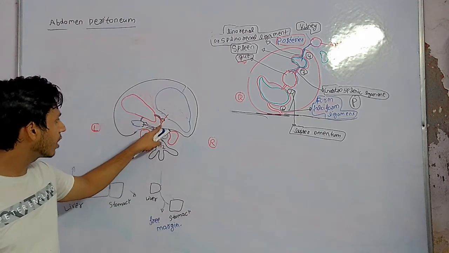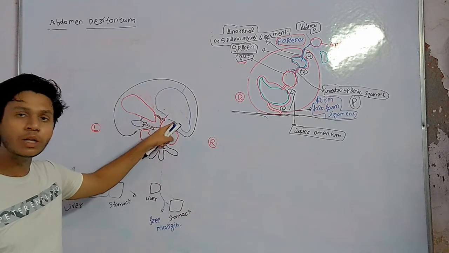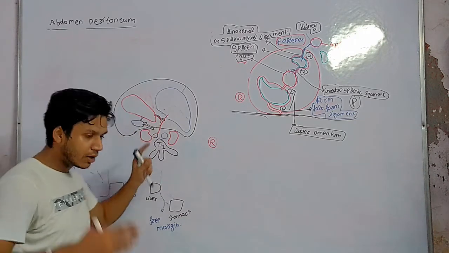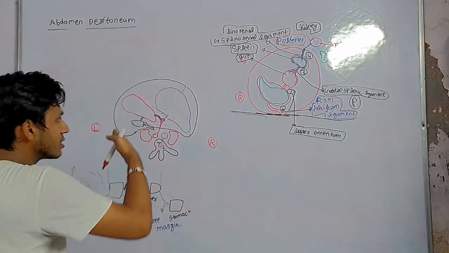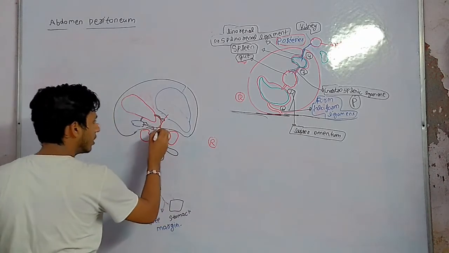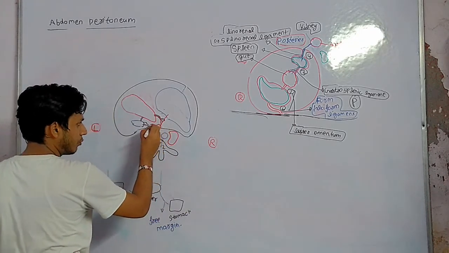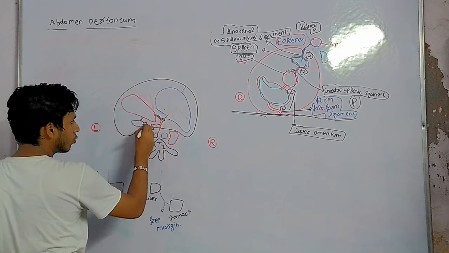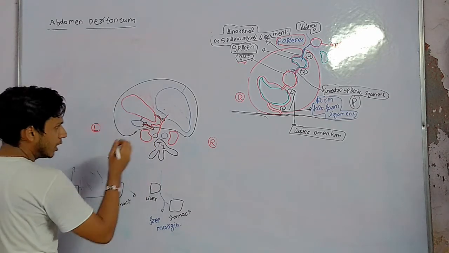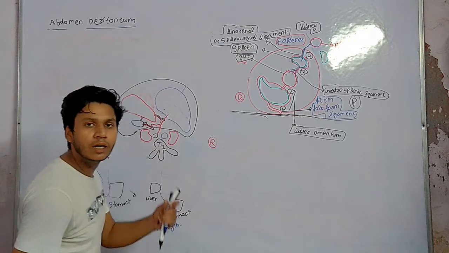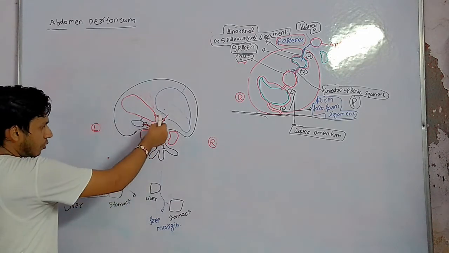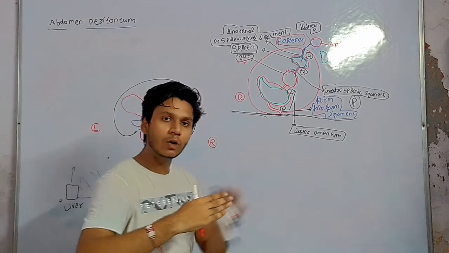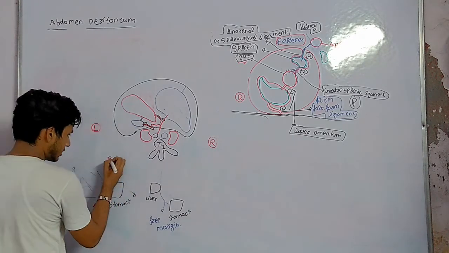We have covered this celiac trunk. One artery is the hepatic artery, which goes into the liver through the free margin of this ligament, and one artery is the left gastric artery, which goes from the aorta to the stomach through this level, and one is the splenic artery. Remember, the splenic artery first goes toward the spleen, and then it pierces the splenorenal ligament and goes toward the spleen. So the splenic artery is not a true content of the splenorenal ligament. It is only a partial content, because it pierces the ligament.